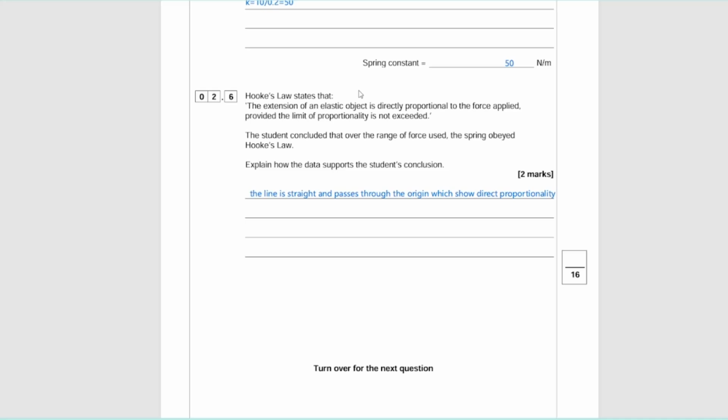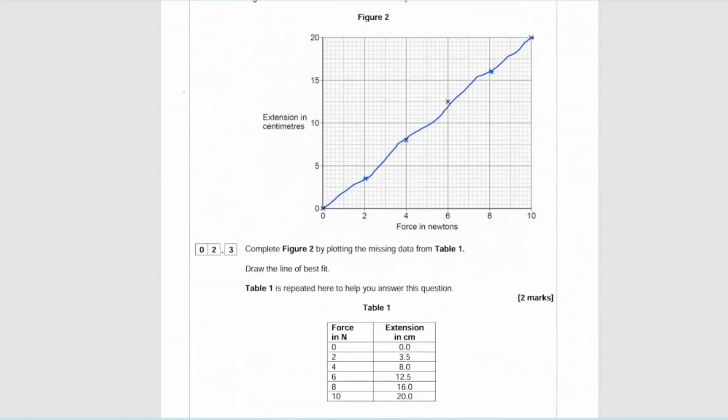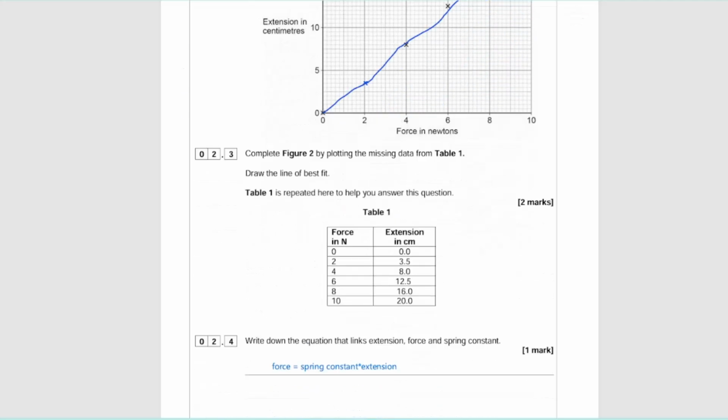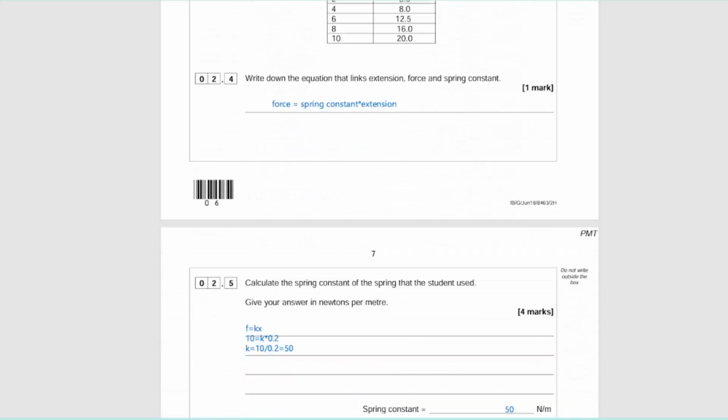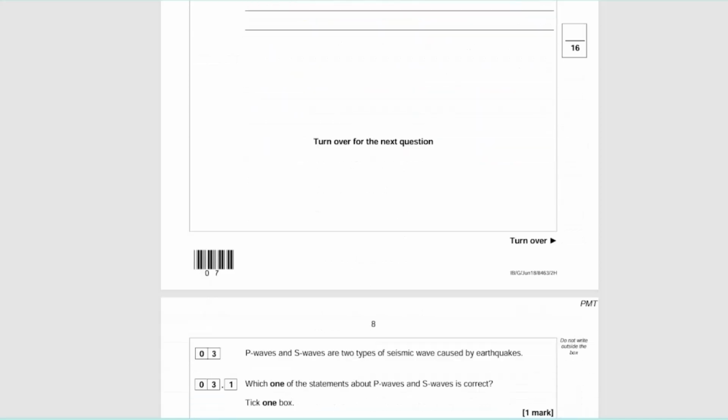And this is due to the fact that the line is straight, well, it's meant to be if you use the ruler, and it passes directly through the origin. And if you're well acquainted with GCSE maths, you'll know that those are the requirements for something to be directly proportional: for it to be a straight line and for it to go